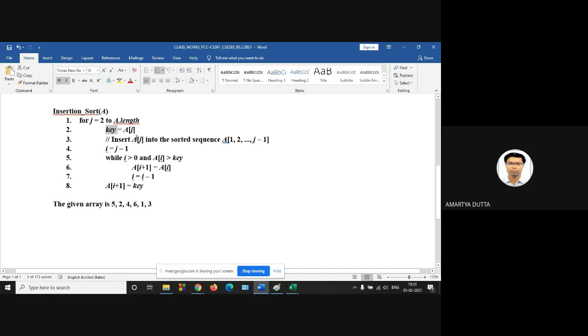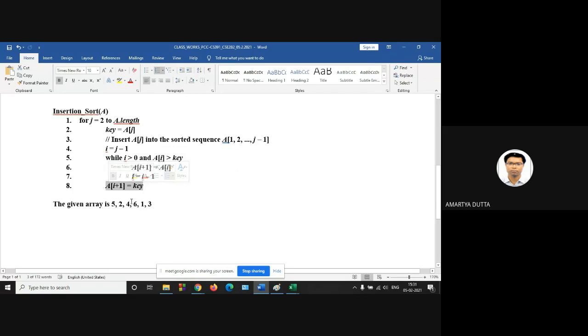Now insert A[j] into the sorted sequence A[1..j-1]. Then i is equal to j minus 1 first, then while i is greater than 0 and A[i] is greater than key, copy A[i] into the A[i+1] position and decrement i.